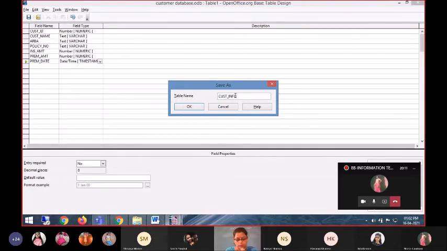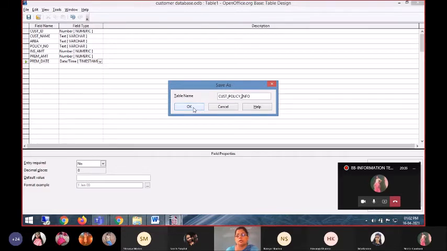Okay, I am giving customer policy info. Which customer has taken which policy, what is the insurance amount, the premium amount and the premium date for that customer. I am selecting that. So this is customer policy info.